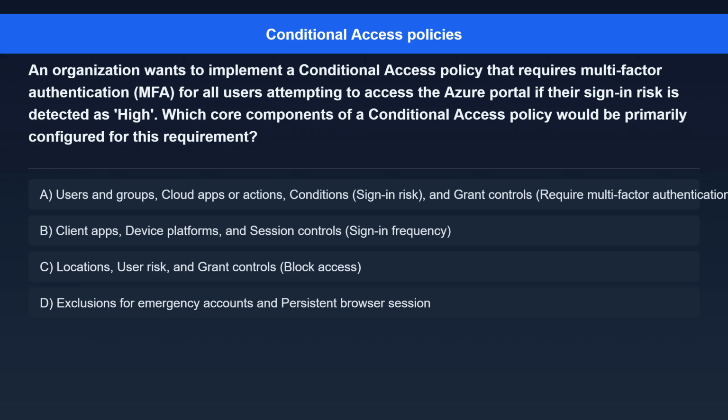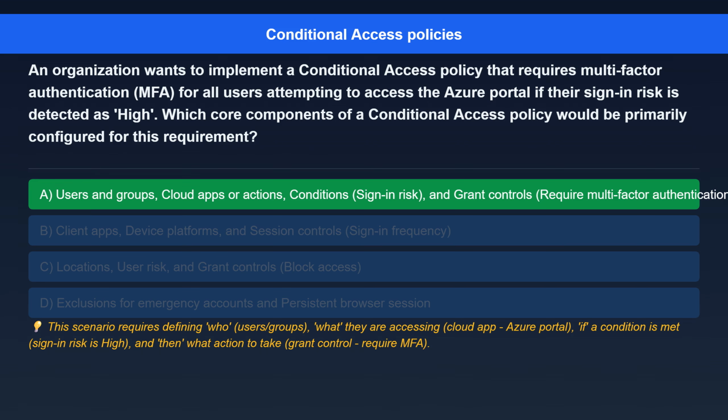Option A. Users and groups, cloud apps or actions, conditions, sign-in risk, and grant controls, require multi-factor authentication. Option B. Client apps, device platforms, and session controls, sign-in frequency. Option C. Locations, user risk, and grant controls, block access. Option D. Exclusions for emergency accounts and persistent browser sessions.